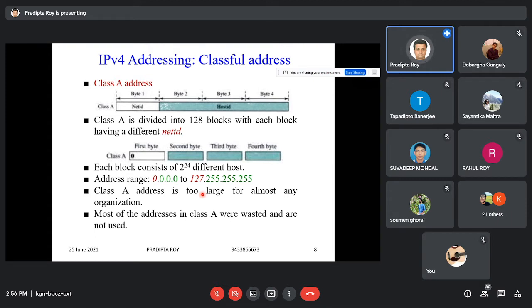The address is 127.0.0.1. That loopback address is used for different purposes. This loopback address is not used to identify a particular host in a network. This loopback address is used for maintenance and checking purposes. So when you attach your LAN card in your system, then for troubleshooting or maintenance purposes, we will use this loopback